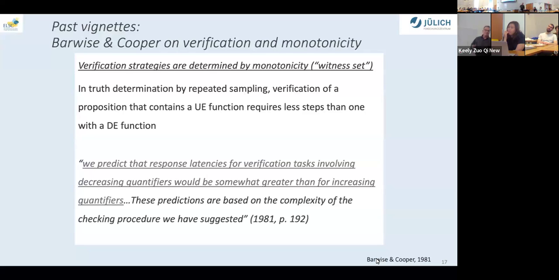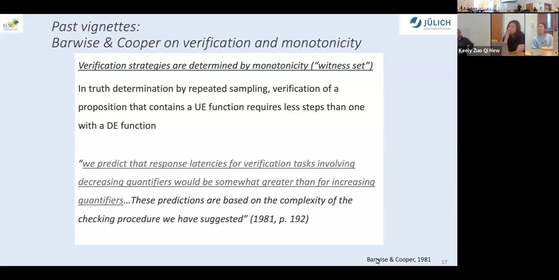So this, of course, is a time to stop for a second and say, wait a minute, where's truth value? I collapsed everything I've presented thus far across truth values. So what about truth value? One thing that's funny is that when you read Barwise and Cooper's paper from over